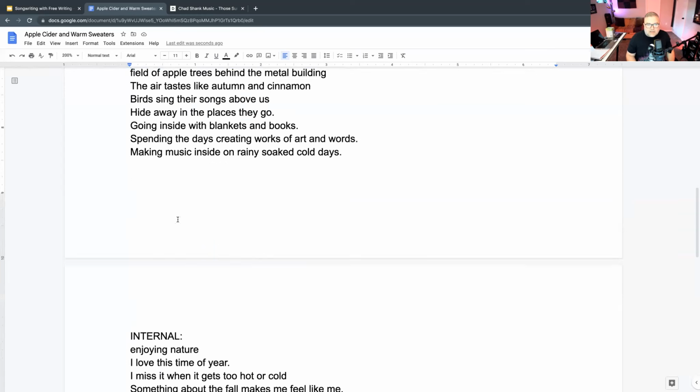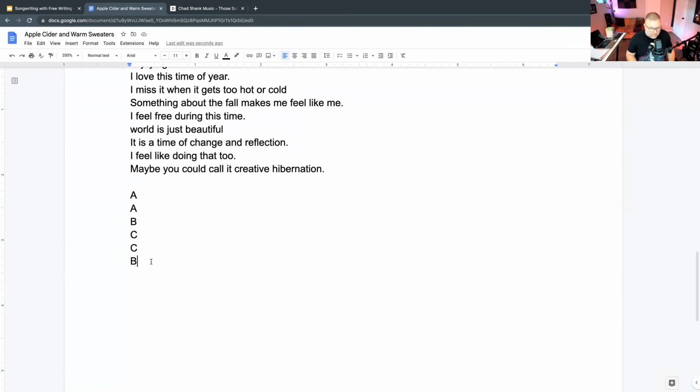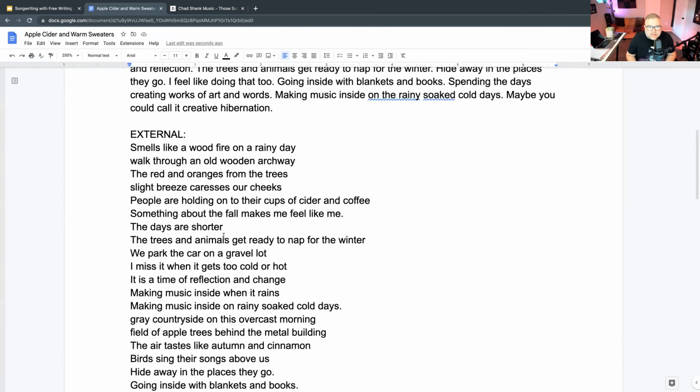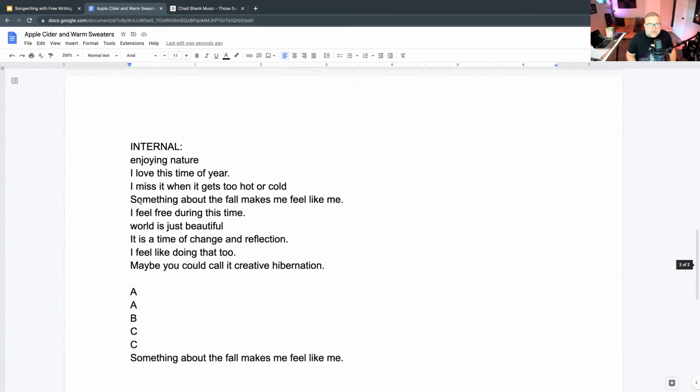I'm going to copy that. So that's going to be my B sound. So the B line is going to rhyme with me. So I'll go back up here and see. I like this line. Copy that down.